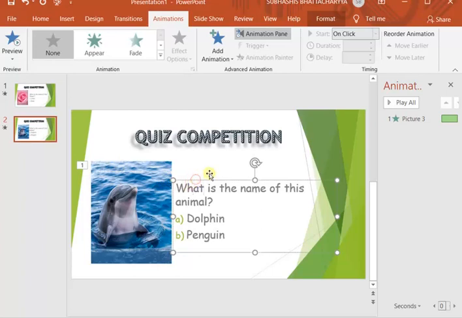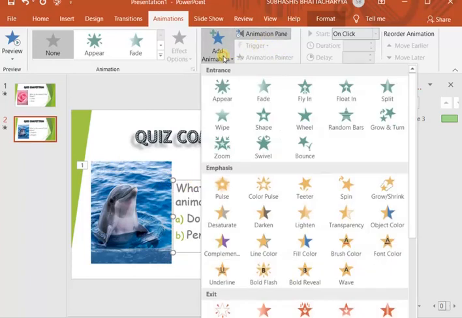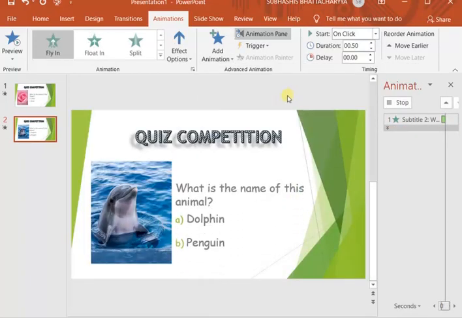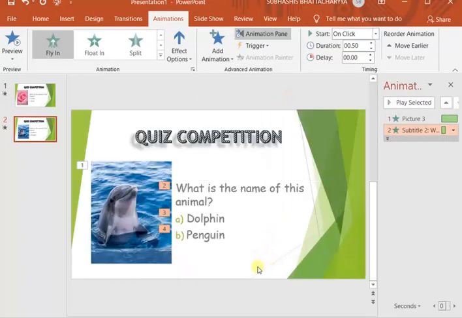Then I select this question, then add animation, I give this animation. So each line is taking a separate animation. For that reason it is giving 2, 3, 4.